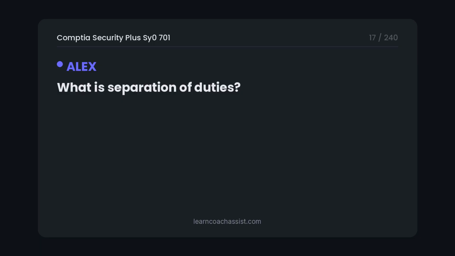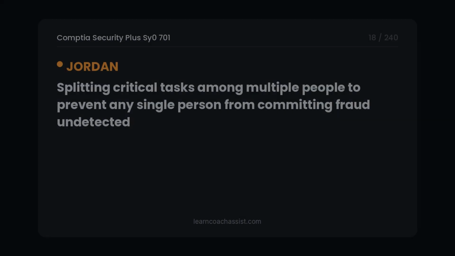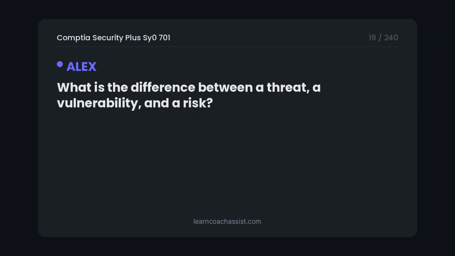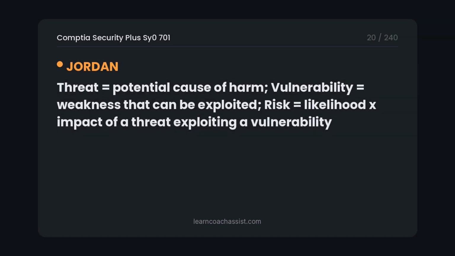What is separation of duties? Splitting critical tasks among multiple people to prevent any single person from committing fraud undetected. What is the difference between a threat, a vulnerability, and a risk? Threat equals potential cause of harm, vulnerability equals weakness that can be exploited, risk equals likelihood x impact of a